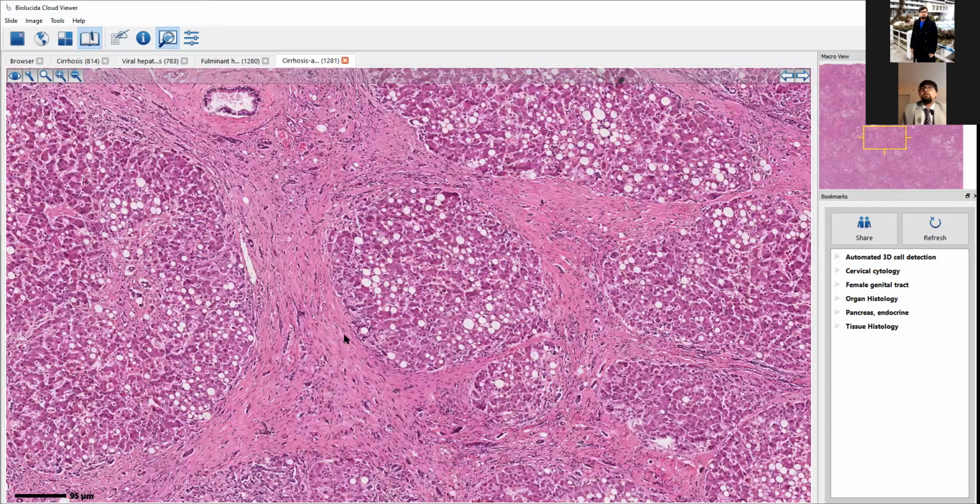So when you look at cirrhosis, you will often find that there is a lot of fatty changes as well, especially if it is alcoholic liver disease with fatty changes. You will get this. And there is only one other type, which is non-alcoholic fatty liver disease, in which alcohol is the only differentiating factor. Otherwise, on the slide, they will look more or less the same.